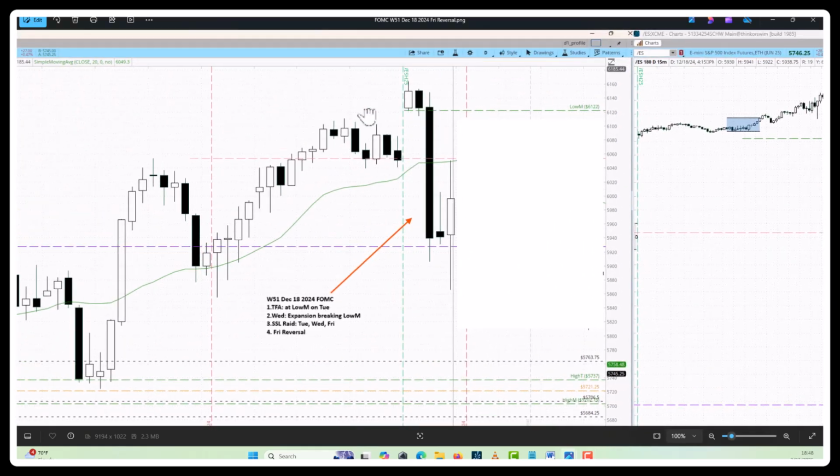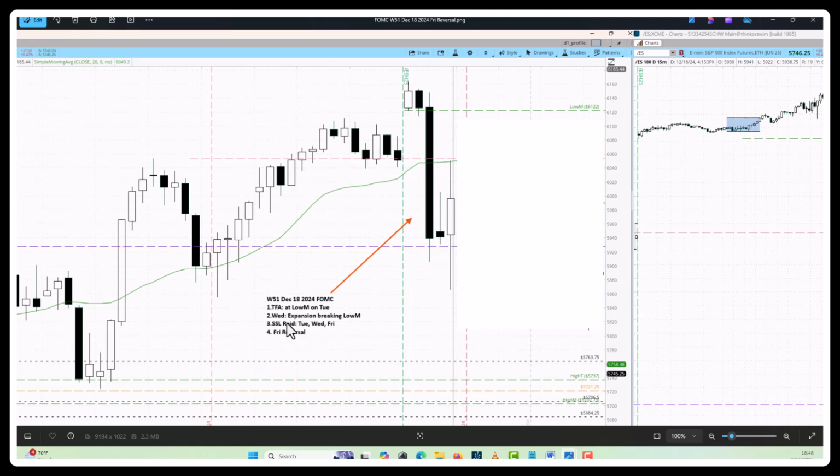So basically for week 51 we have the FOMC meeting in December. Monday sets the range for the week. On Tuesday, we see it test from above and give us an idea that it's bearish. On Wednesday, it broke the level. It's expansion, right? A down move expansion, and then Thursday we have a retracement, and then Friday it makes a